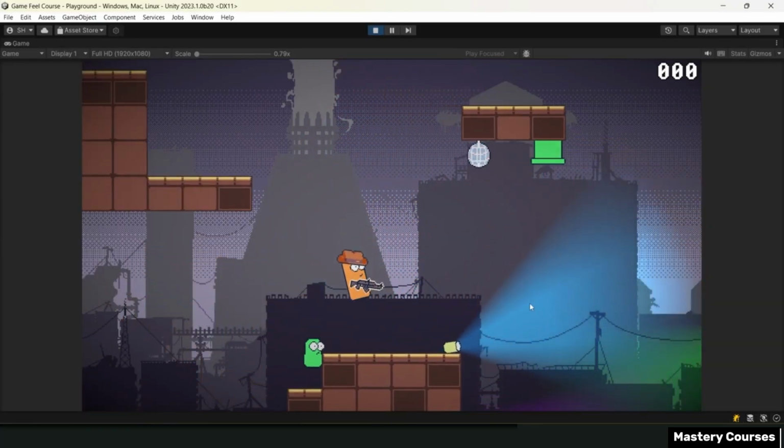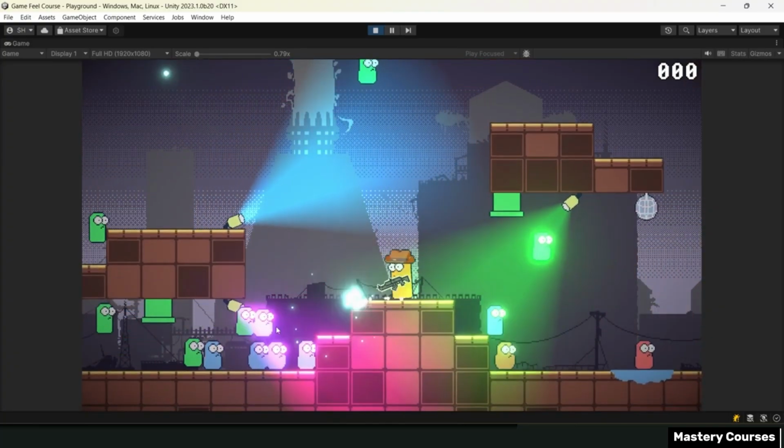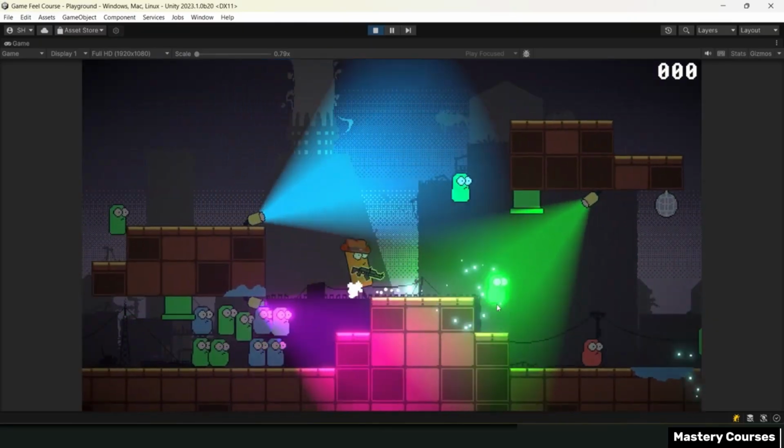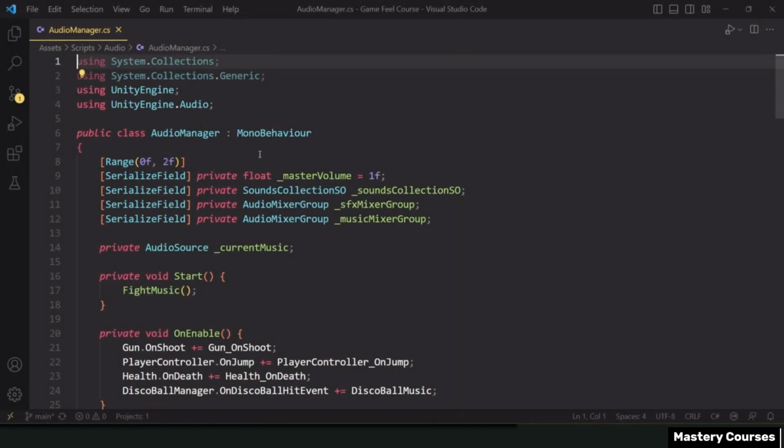In this lecture, let's take some time to clean up our audio manager class, as well as implement our own utilities class so we can access it from other classes to make sure that we can keep our code nice and clean. Let's open back up our audio manager class and get things a little bit more organized. Because this is a relatively big class and we'll be adding more to it with our other sound effects,